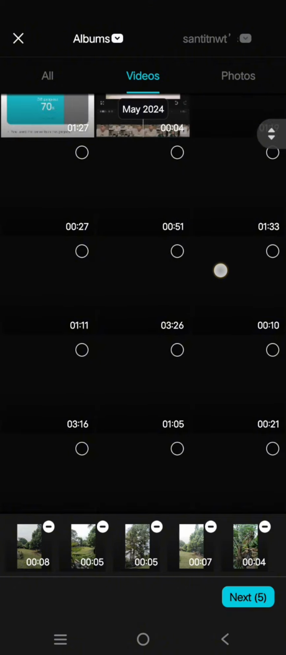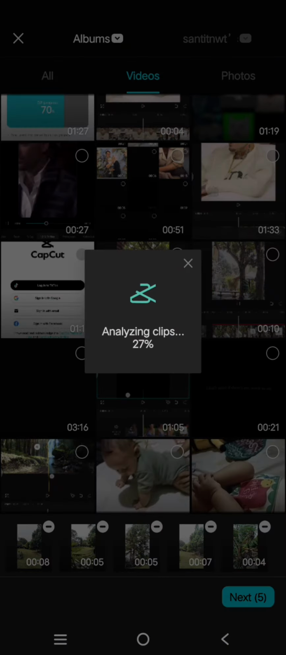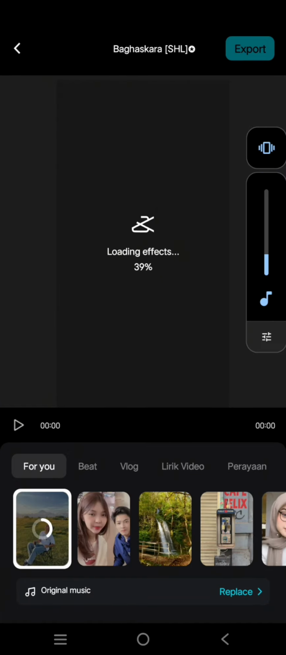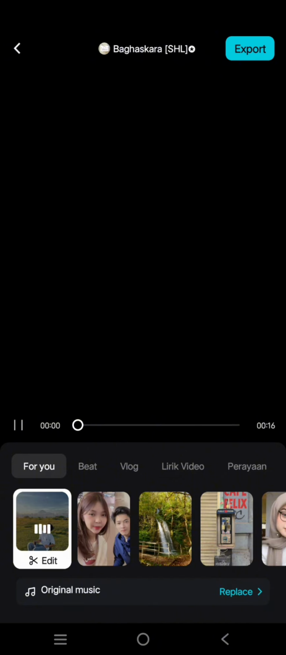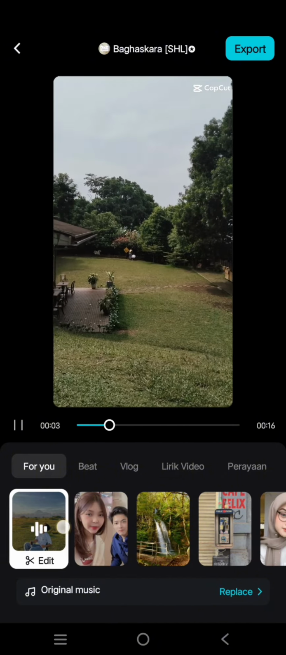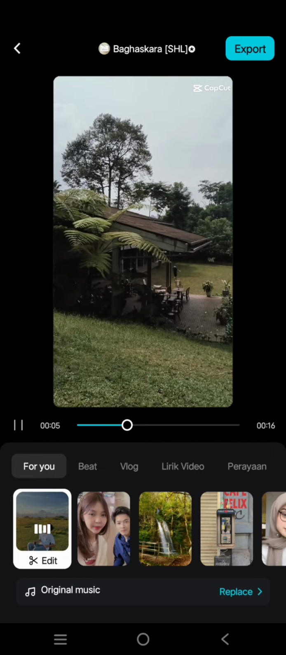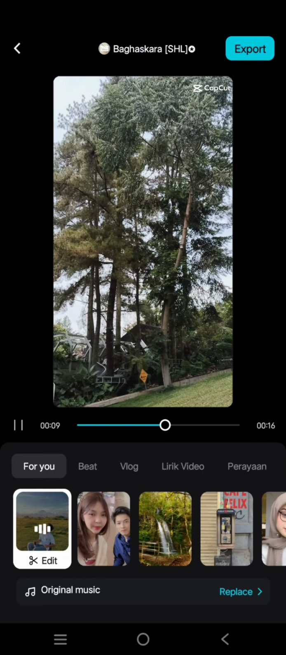So after you select the videos, you can just click on Next. Now CapCut will analyze the clip and will automatically load the effects and fit your videos into the CapCut template. So for example, this one, if you like the result, you can easily click on export, or if you